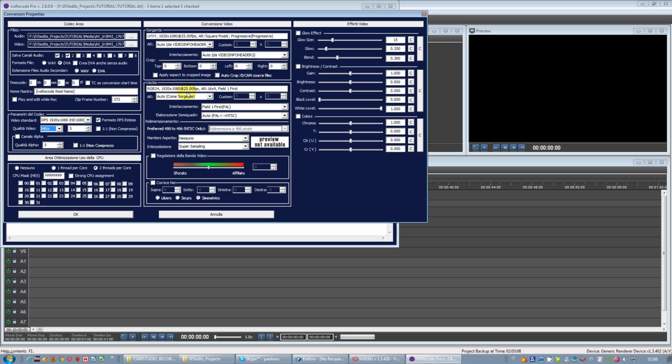In the output we can select a transformation for the file. So selecting auto, it will leave all the options as the input,